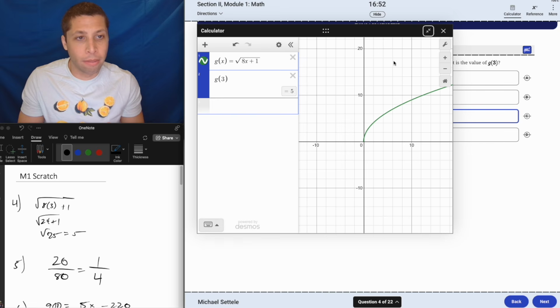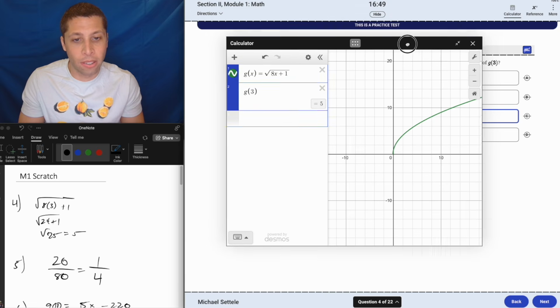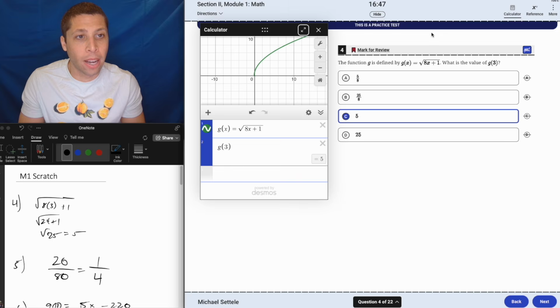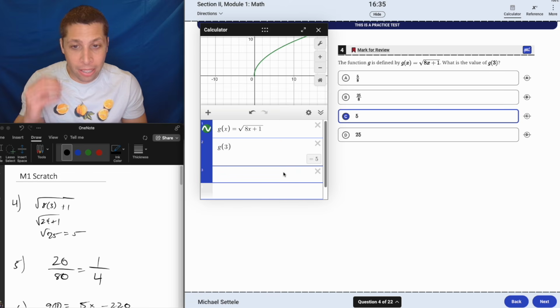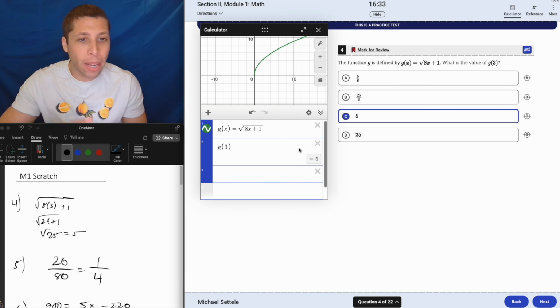So I wish I could adjust this to an exact size, right? That I want, because I want this to be longer. I don't like when this stupid thing pops up. If anyone knows how to do that, tell me. How do I get this to go away once it's popped up? How do I make it disappear? I guess I click. So yeah, there you go. But anyway, point is,